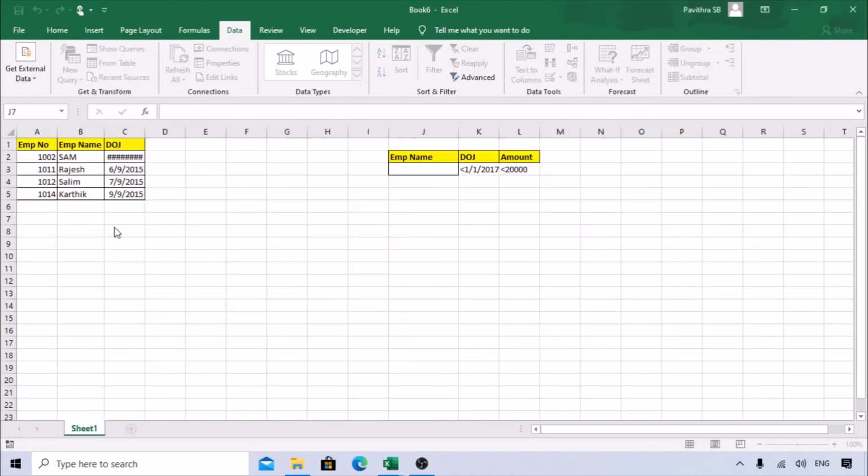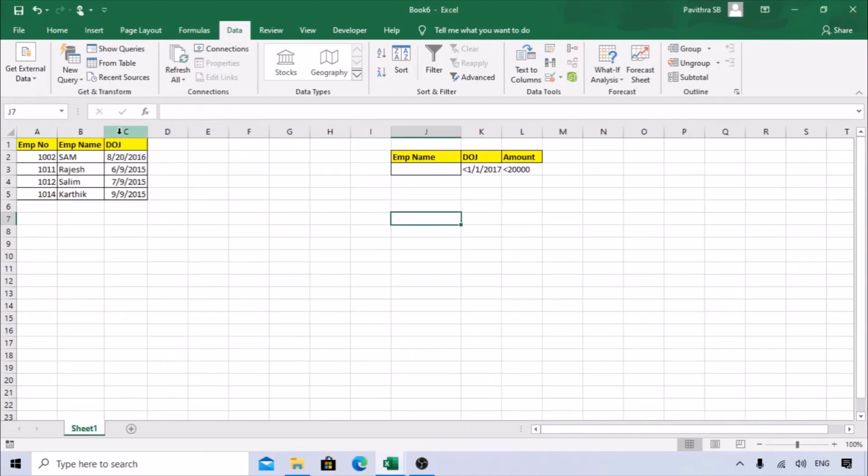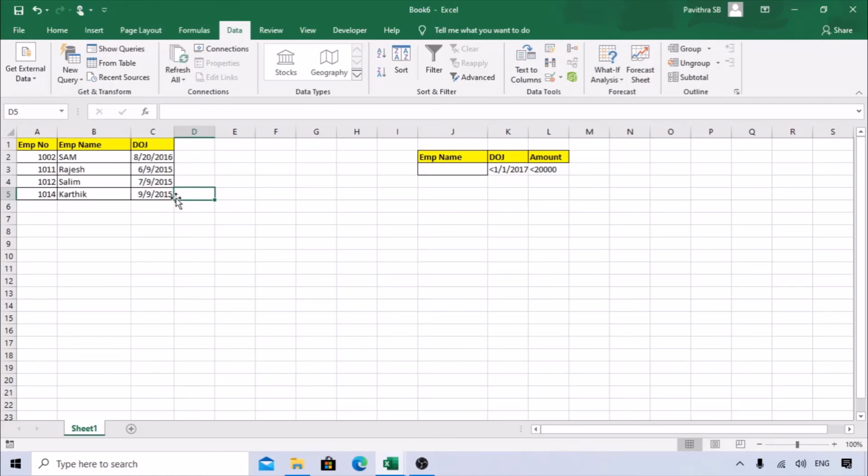So I know it has taken the source data. Just go to the new sheet. You can see this data is already taken, right? So you got the result. It's very simple. The only thing is, when you're trying to put an advanced filter to a new sheet, you should start from the sheet where you need to get the data. So very simple and very effective.